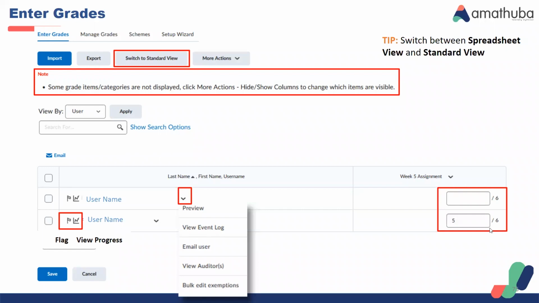So as you would normally just type into a cell in a spreadsheet, you can type directly into the empty field and assign marks. What we're looking at the moment is actually spreadsheet view. At the top there, it says some grade items or categories are not displayed. So that is a way that if you have a lot of items in your grades tool